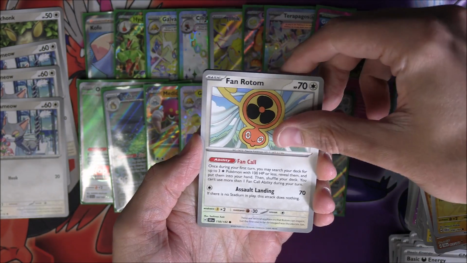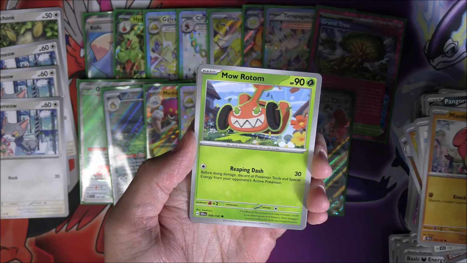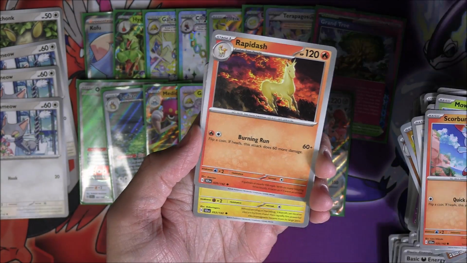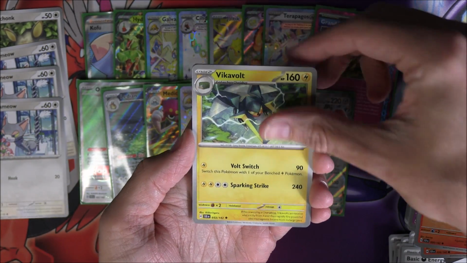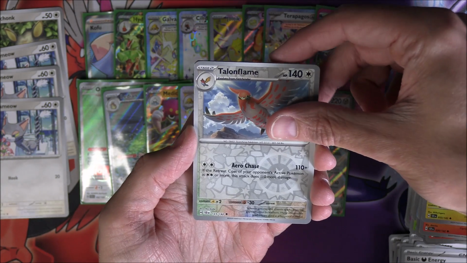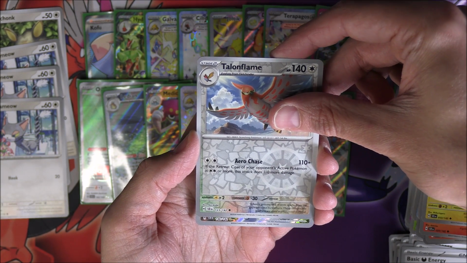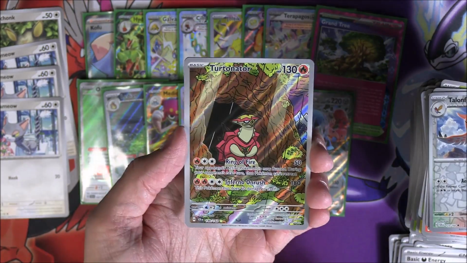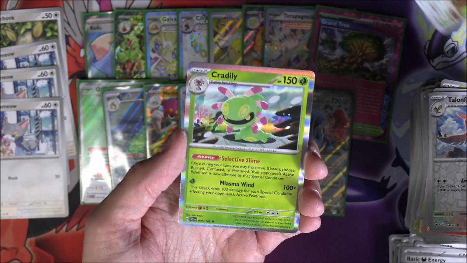Let's find out. Fanrotom, Meanfu, Morotom. That's the first one of that, I think. Scorbunny, Lacey. We've got Rapidash, Vikavolt. We've got our reverses here. Okay, so we've got the Talonflame. Do we have illustration rare? Oh, we do! Okay, that's a pretty cool one. We get the Turtonator, which probably means...